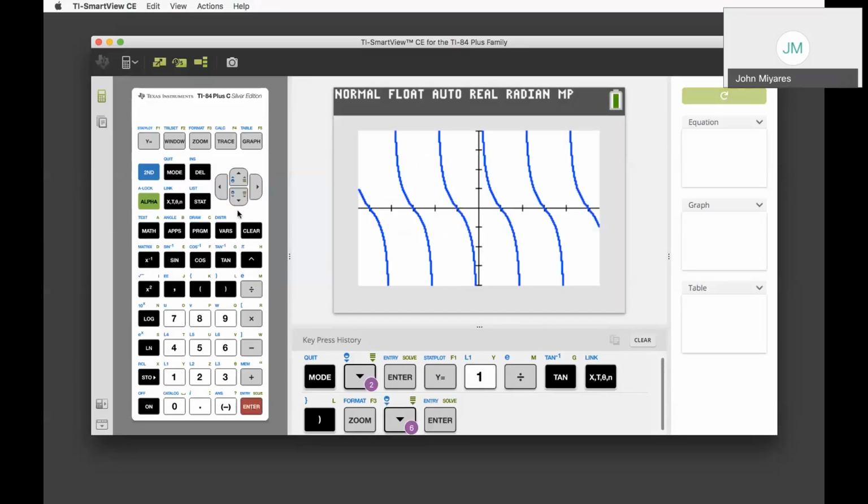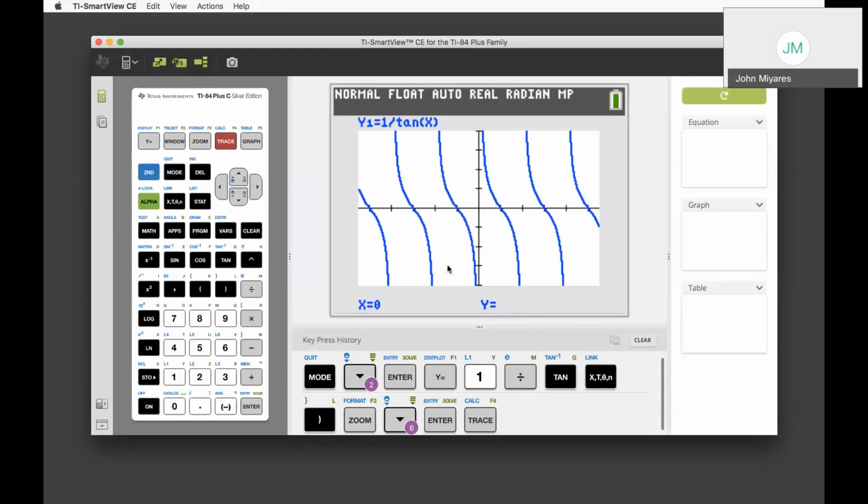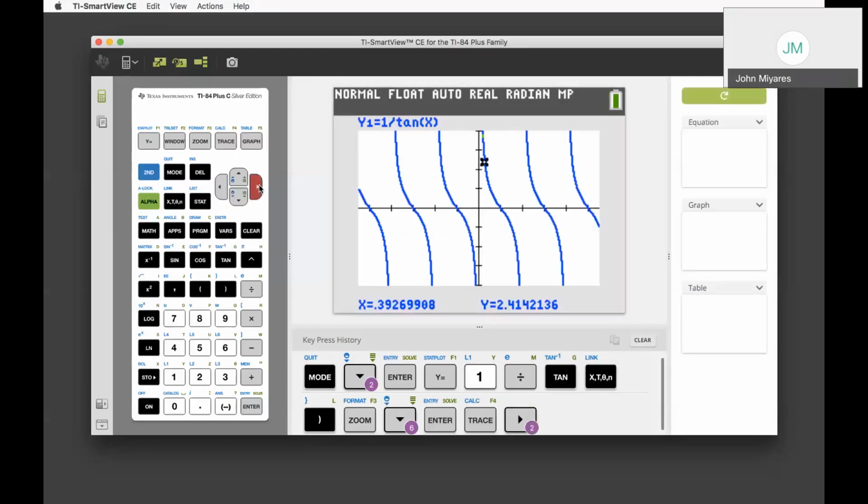If I hit the trace button, you can see when x equals 0, y equals nothing. If I use my arrows, I'm going to be able to follow this along, and I'm going to get to pi over 2. I'm going to get this decimal that says 3.7949e minus 9. That basically means 0.00000000379. Essentially, the calculator is having some round off errors when it comes to evaluating this, but really this value should be 0. As I keep tracing to the right, again, you're going to see this thing decrease,